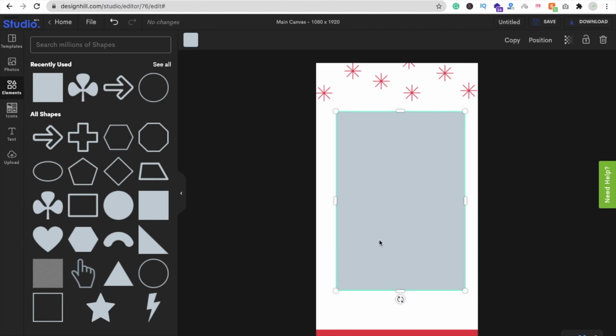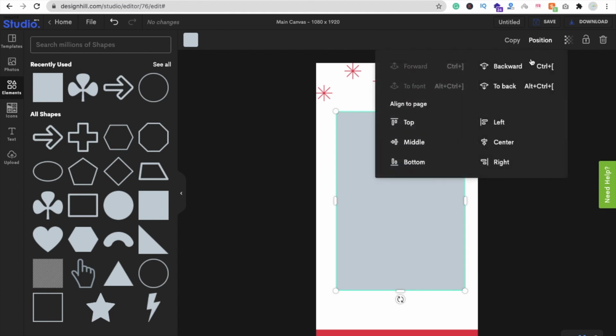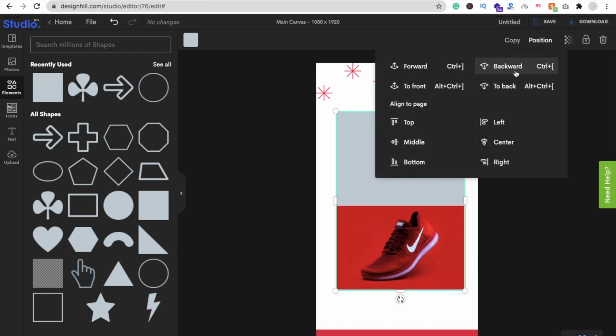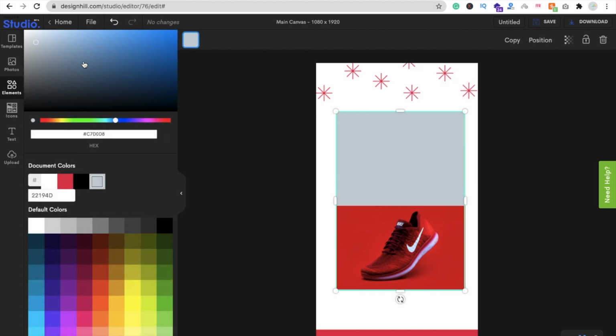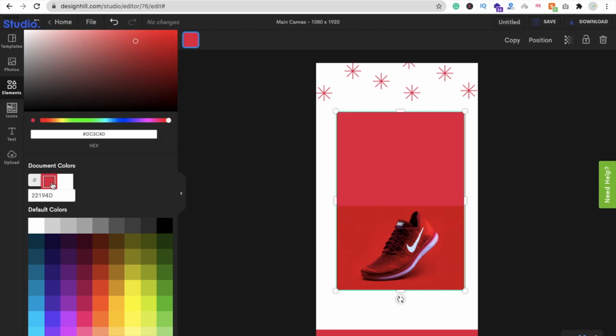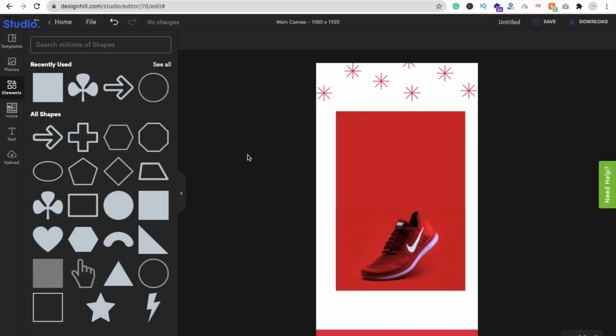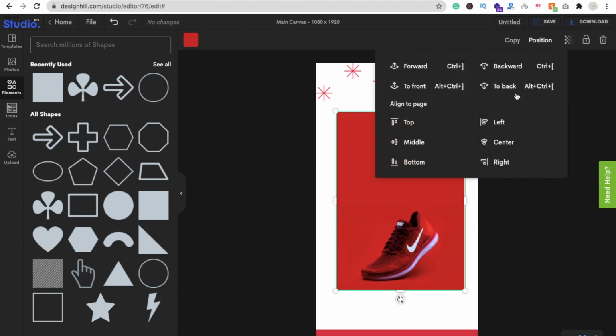Okay, and then you can see position here. Just click on it and you can see backwards. So just click on it like this, and then click on this color box. You can see, and we need to change this color to be similar to this document. So what I'm going to do here, I'm going to just match this color like this. Fine, great. Now click on this rectangle again, and you can see position and make sure this should be